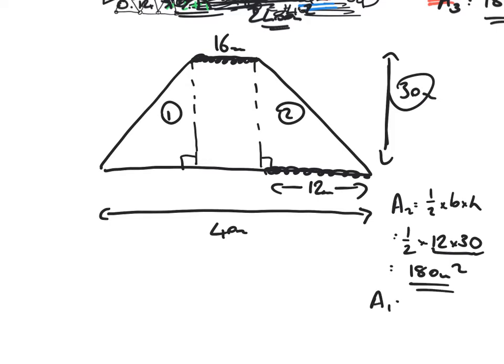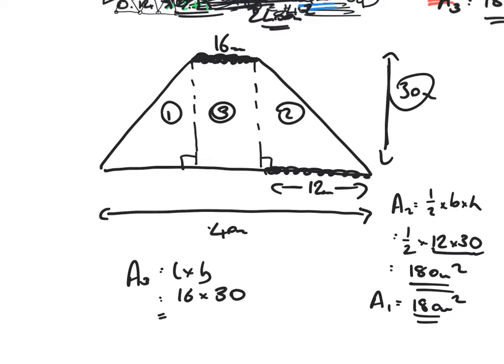Okay, therefore area 1 is the exact same. Since it's an identical triangle, that's also 180. So area 3 is the rectangle in the middle. That will be length times breadth, and that is a length of 16 multiplied by 30, and that will give